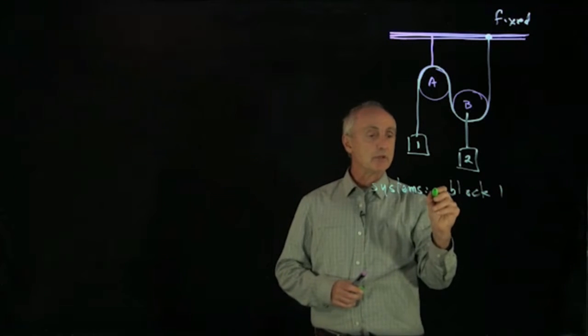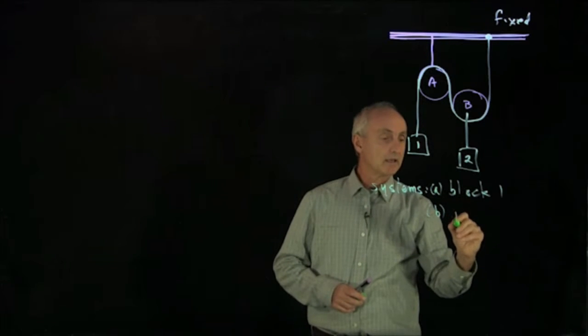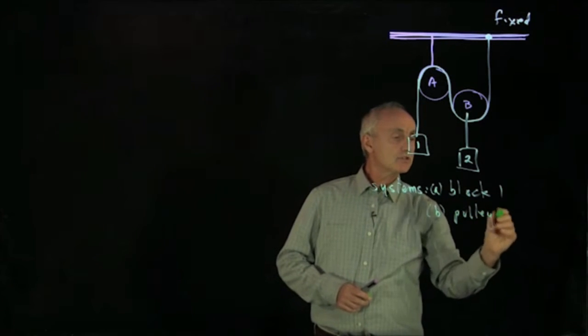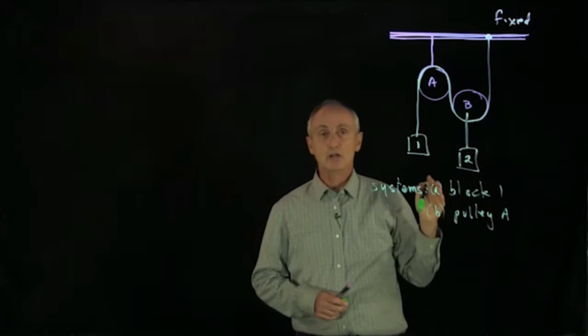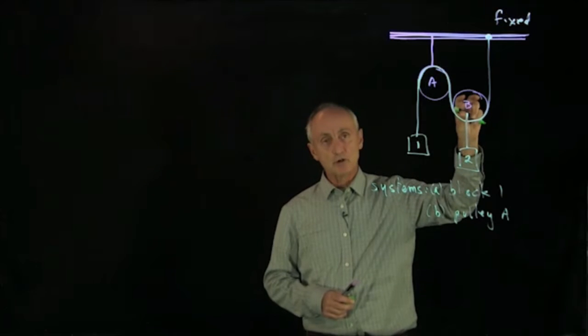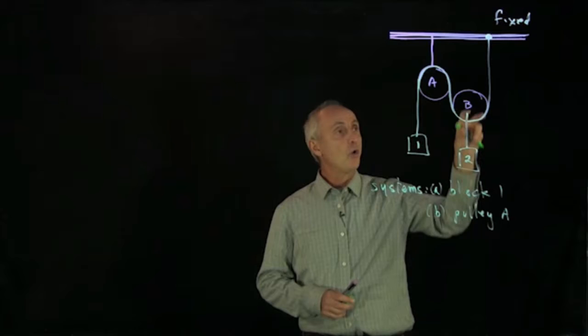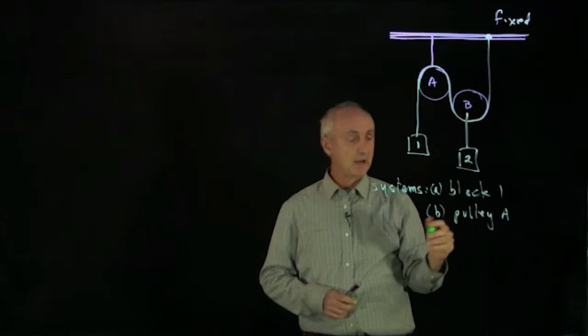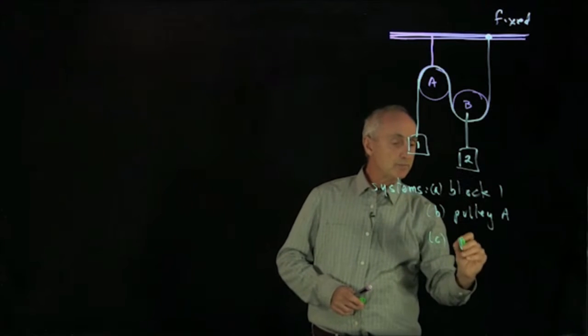And the second system that we look at, we'll call that A. B is pulley A. Now, that brings us to an interesting question about pulley B and block 2. Because we could separately look at pulley B, and we could separately consider block 2, or we consider them together. And I want to first consider separately pulley B